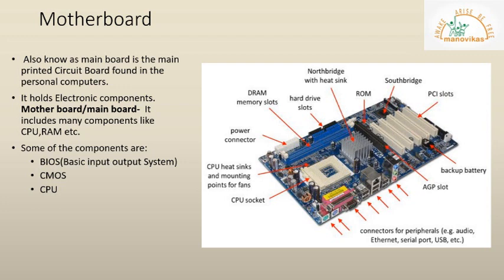It holds many of the crucial electronic components like the processor, sockets, and interfaces to plug in RAM, hard drives, disk drives, and optical drives. The BIOS and CMOS are present on the motherboard. The BIOS is considered to be the interface between the operating system and the motherboard. It is stored in ROM. The CMOS chip saves some system information like time and system date. CMOS is kept powered by a button battery on the motherboard.